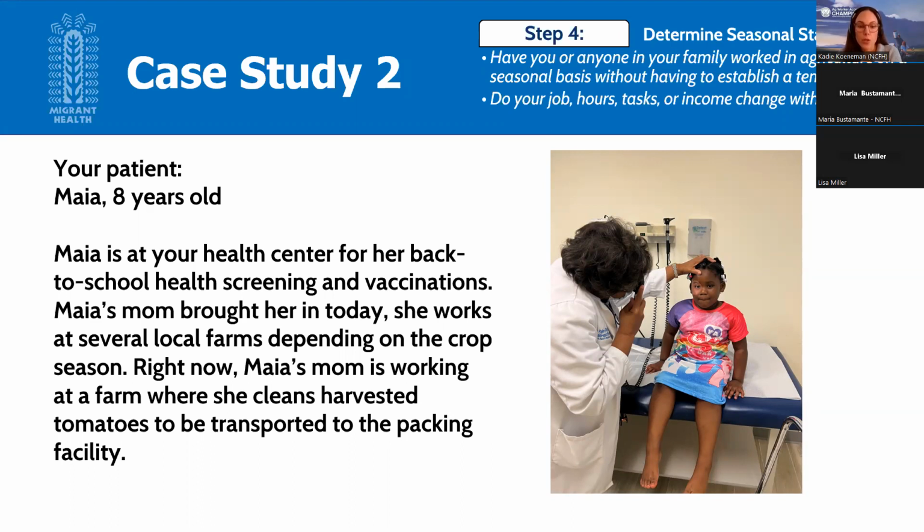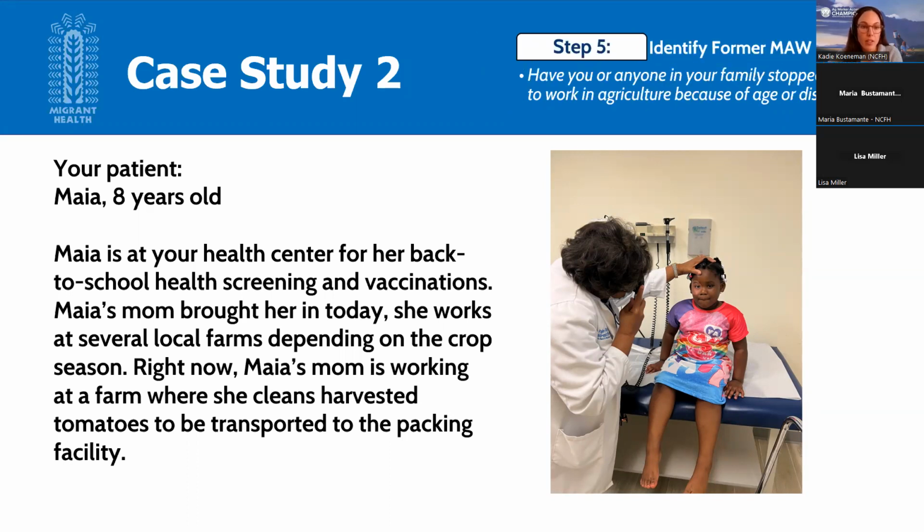All right, so two more steps. We want to ask every patient all of these questions to ensure. So step five, based on the information we have, has this patient or anyone in this patient's family stopped migrating to work in agriculture because of age or disability? Okay. Lots of no's in the chat. So you're right. We don't have any information on this specific question in our patient scenario here, but it is possible